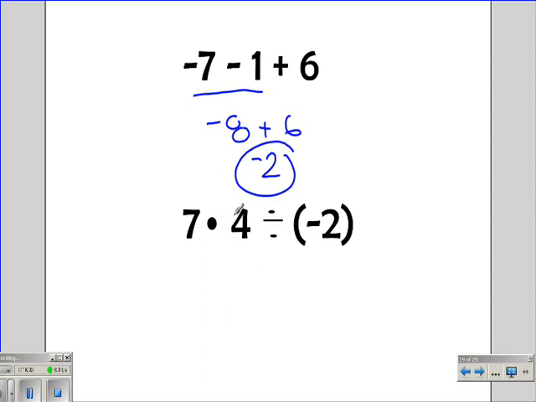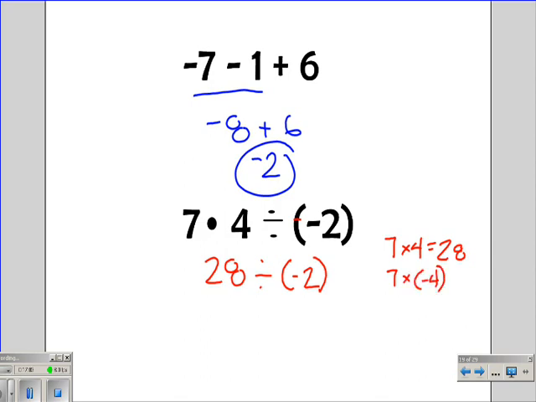And looking at our second problem, it's multiplication and division, so I'm just going to do that from left to right. So I start with 7 times 4 is 28. 28 divided by a negative 2. Well, I need to remember those rules about multiplying integers. So anytime I have just a positive times a positive, so something like 7 times 4, that's going to give me a positive 28. But if I have a positive and a negative value,